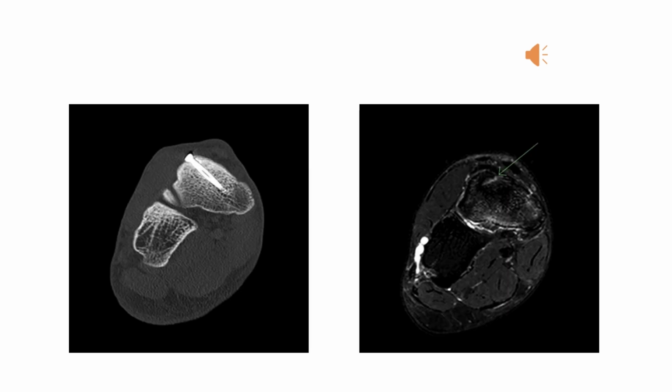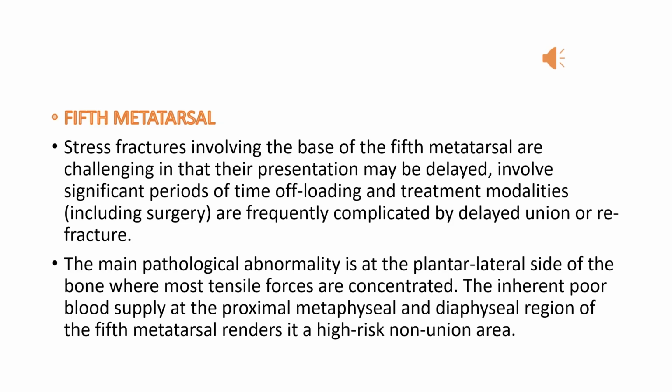X-ray of navicular stress fracture with screw. Fifth metatarsal stress fractures involving